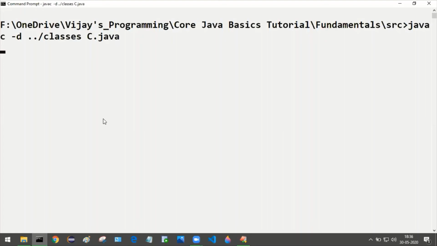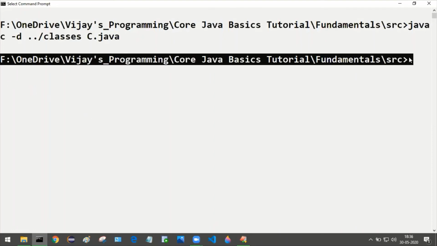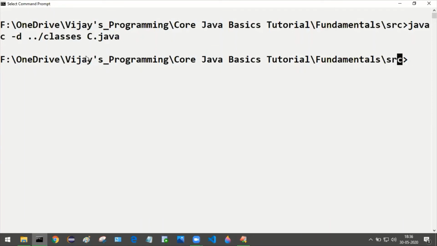Press enter. If there are no syntax errors, we will get the next prompt in the command window, and this means c.class has been successfully generated inside the classes folder.